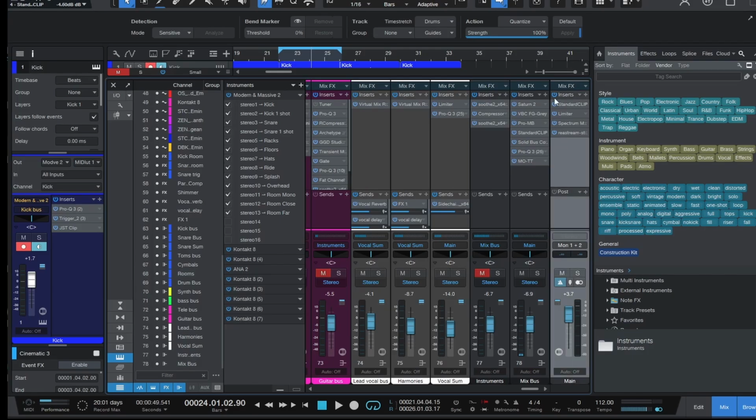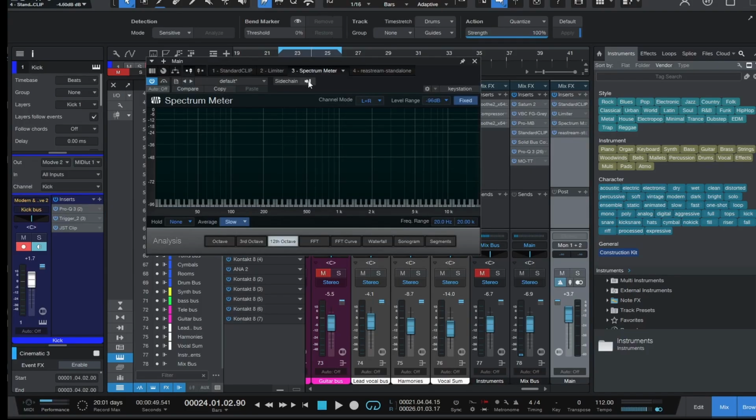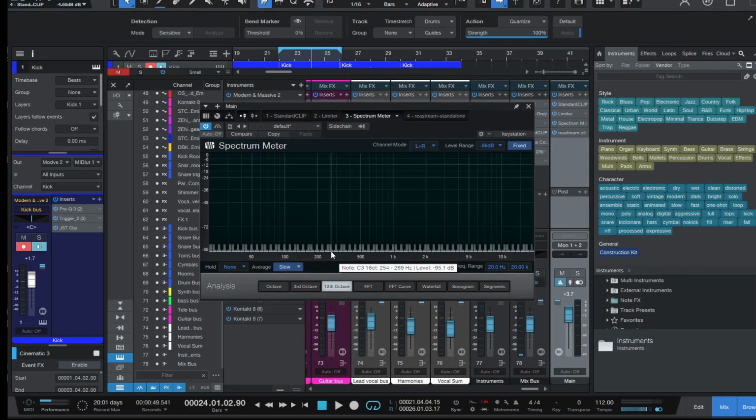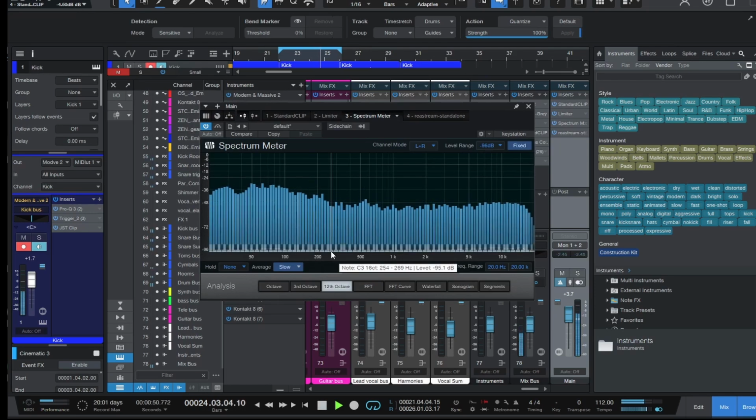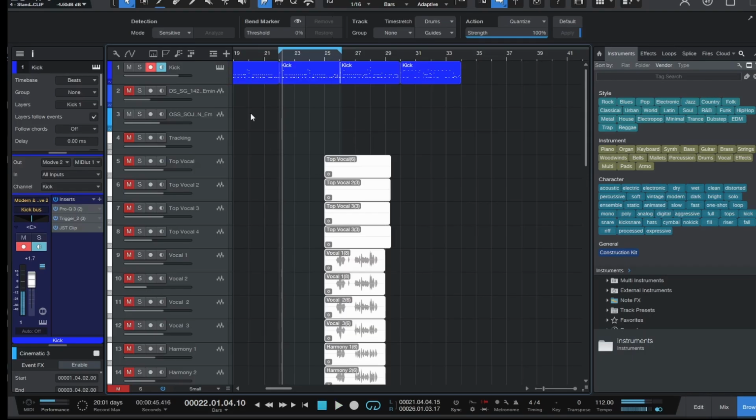My master bus just has another clipper and a limiter just to add some volume, and I always run this spectrometer just so that I can see what everything is doing. Super helpful tool to have. So that is basically the entire drum mix, but there's one more thing that we need to do to bring it to the next level,